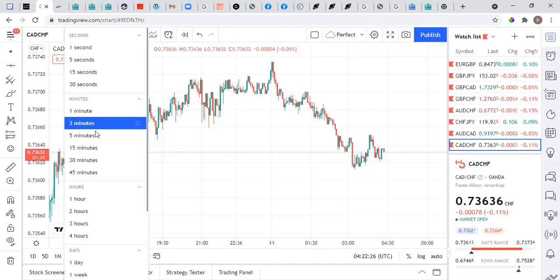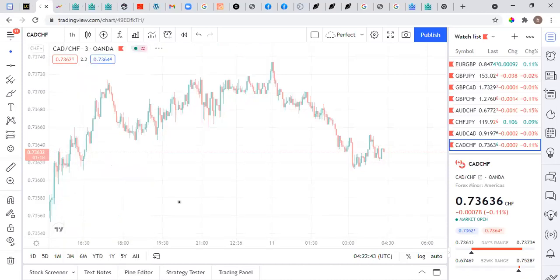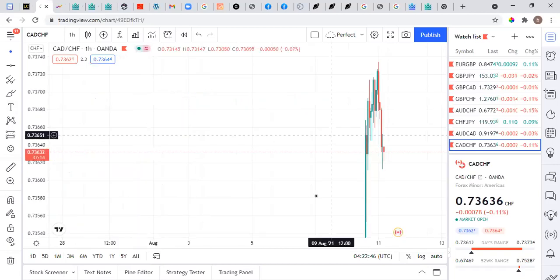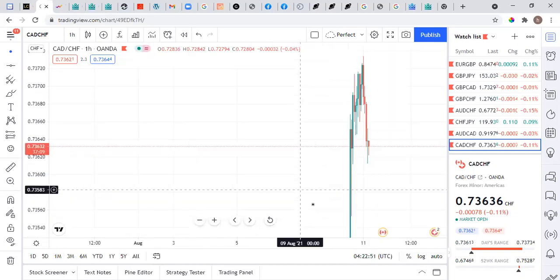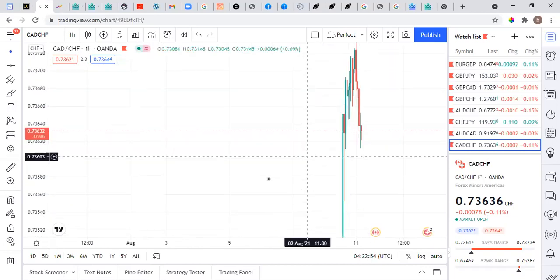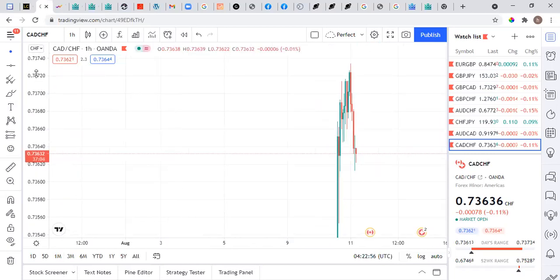All right. So you can pick any of the time frames. If you're doing your analysis, you want to start drawing your lines, your trend lines, you want to start from a higher time frame, like 1 hour. Let's see what is happening in the market over 1 hour. Can you see the way this looks? It looks spread out. You can't easily see it. So do you know what you do? Just come to where these prices are. This line shows you the price. Okay, so you just drag it down